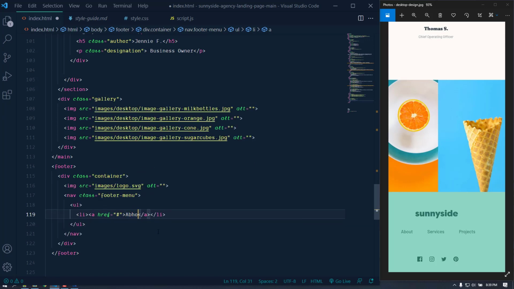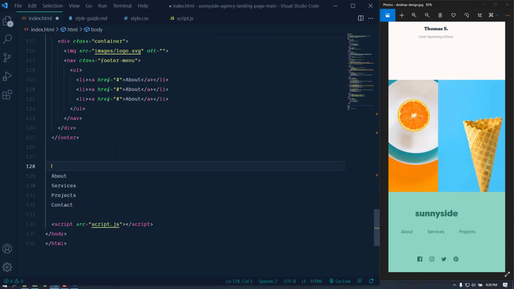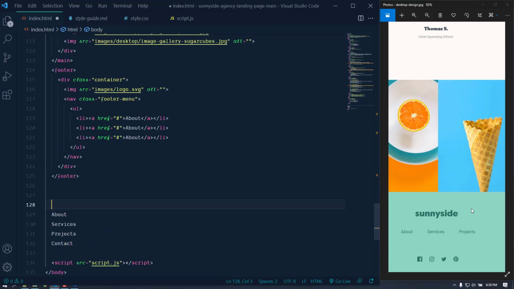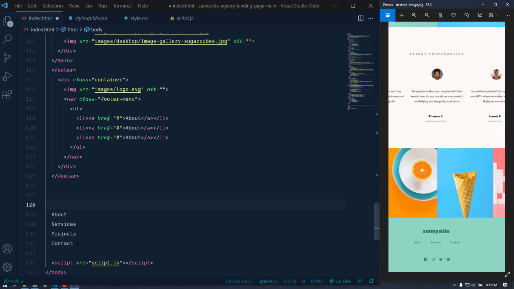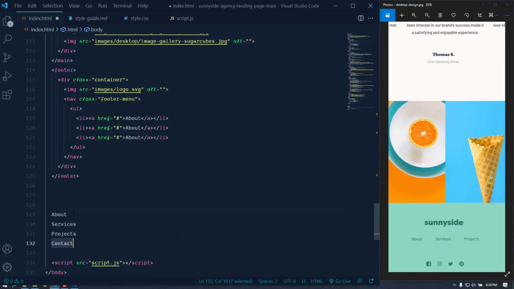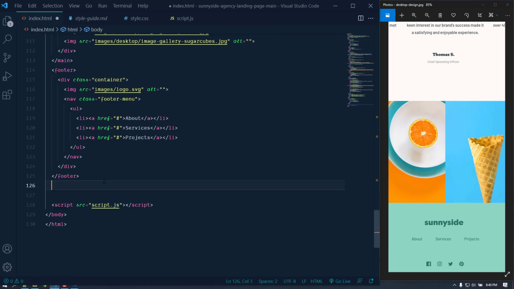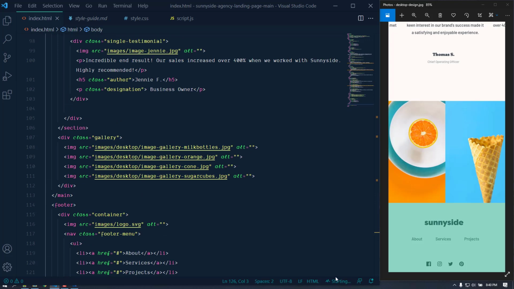This one should be about. Let's just copy, and we can also grab the text from here. Okay, we got actually 3 items in here, but they got the text for 4 items. So about, then services, and then the projects. Fine, I'll just delete the rest of the text, and the markup is done. We can open this up by the live server extension, and okay,